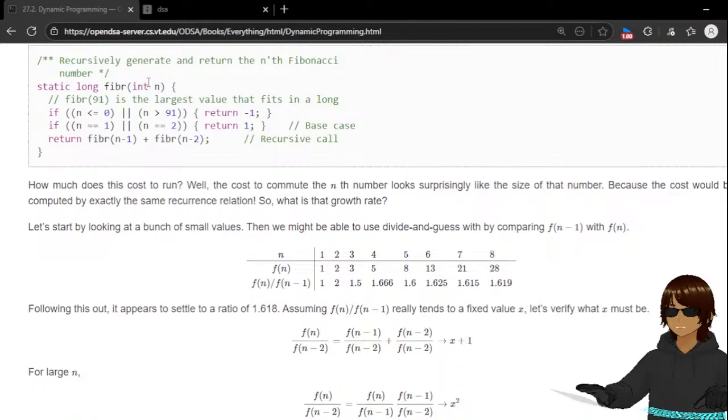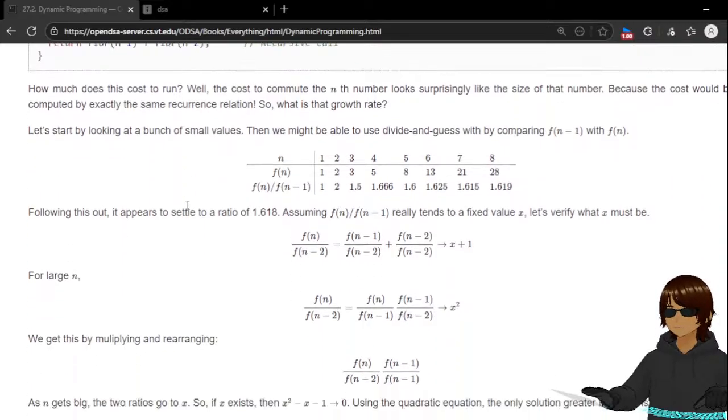But if I'm doing Fibonacci 3, I'm doing Fibonacci 2 and Fibonacci 1, and Fibonacci 2 will, okay, so 3 will cause 3 recursions, 5 will cause 5 recursions, 8 will cause 8 recursions. Running this output, it appears to settle at a ratio of 1.618, assuming Fn divided by Fn minus 1